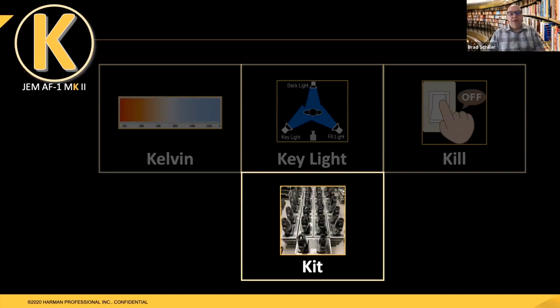Now, kit is interesting. Kit is a term that, as I understand, comes more from the UK originally. And what it means is it's basically describing all your gear. So someone might say, what's in your lighting kit? And that means, what kind of gear do you have? In the US, we have a different term that we'll use quite often, but the kit is referring to all of your fixtures and the associated gear to go along with it. So that's your lighting kit.